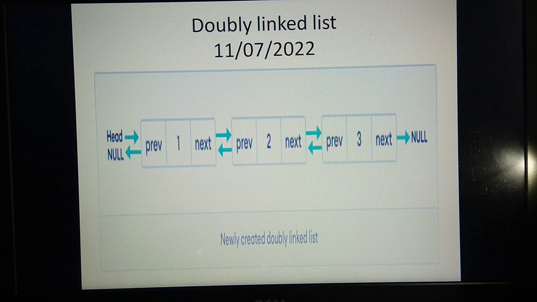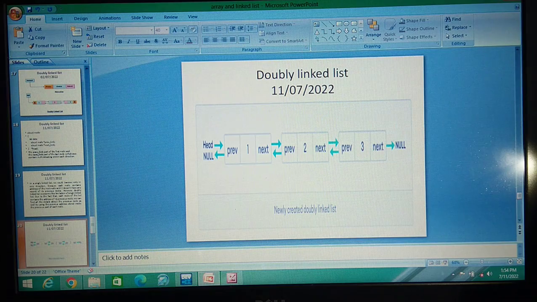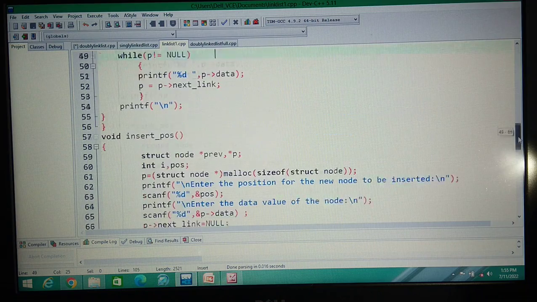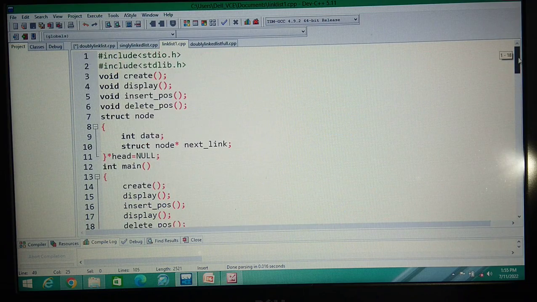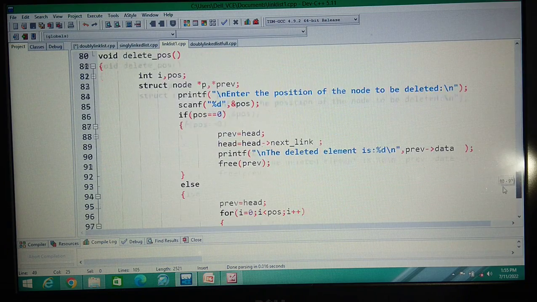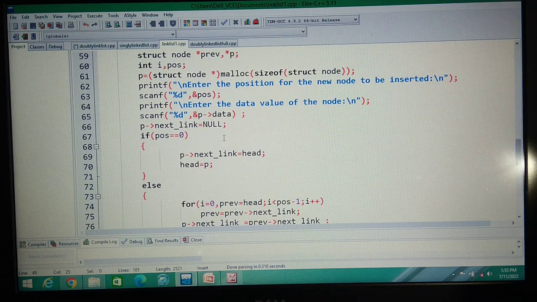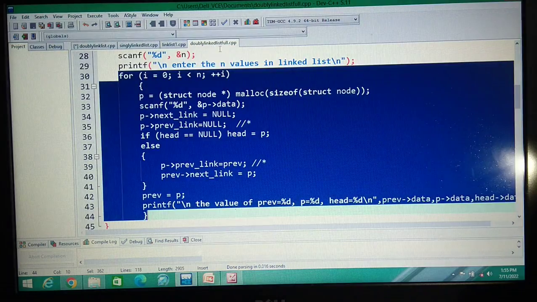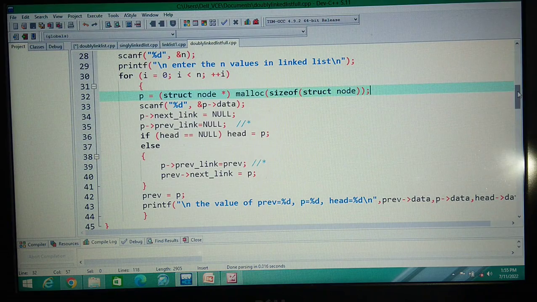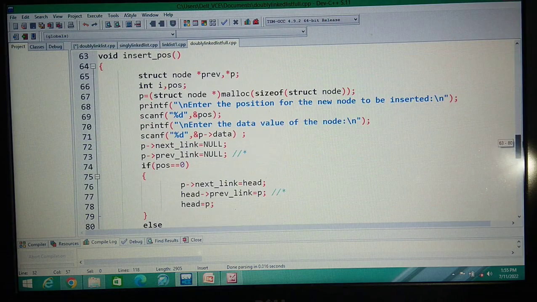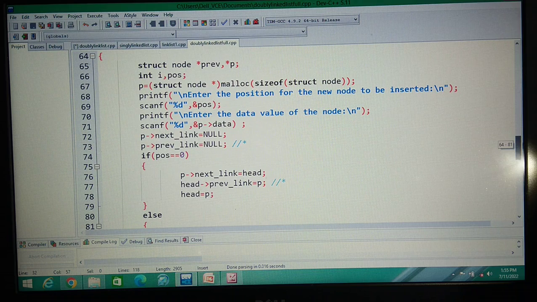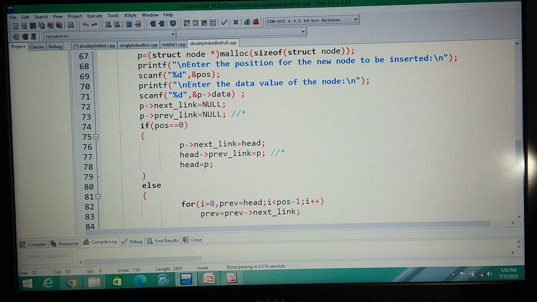So here in this program I will show you something. Again I will tell you the program, the single linked list program. This is the single linked list program, and if you want to insert, this program and this program both are changed for the doubly linked list. We never change many lines because data structure is totally based on space and time complexity.